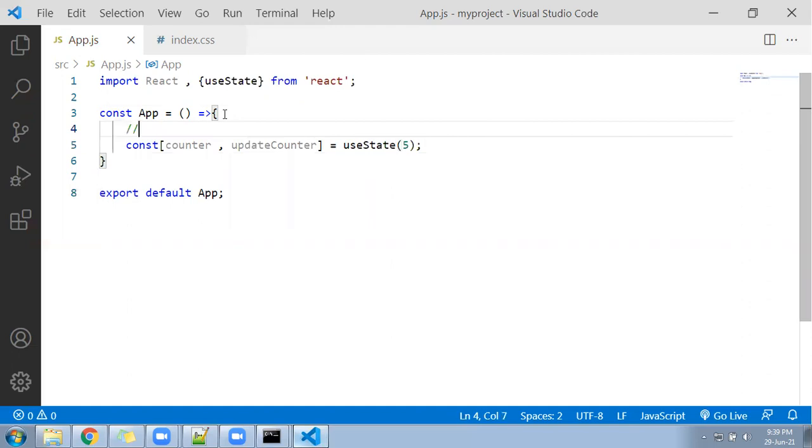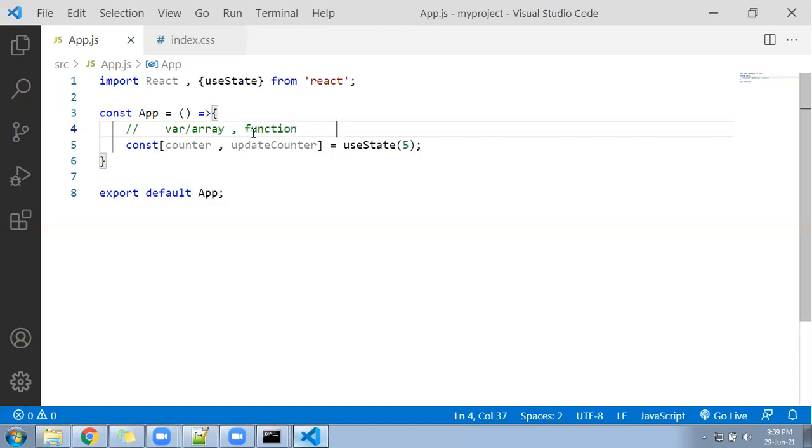I'll explain to you now. This is your variable, or you can say an array variable, variable comma array, you can say anything, comma, second one is a function.